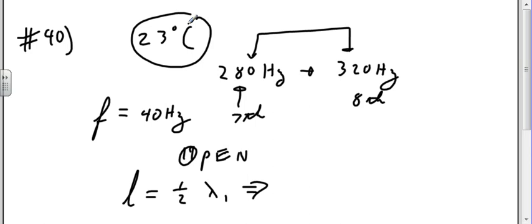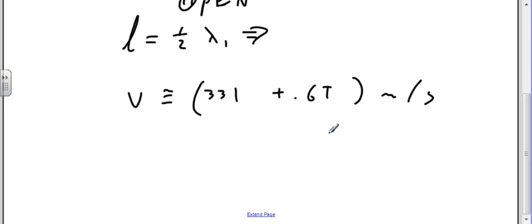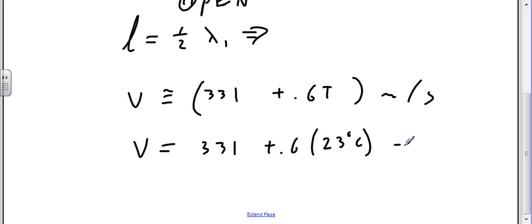We know it at 20 hertz, it's 434, but what is it at 23 hertz? Okay, so looking back on page 329, we find that the velocity is about 331 plus 0.6 t meters per second, and t is in Celsius. So my velocity is 331 plus 0.6 times 23 degrees Celsius. 331 plus 0.6 times 23, 344.8